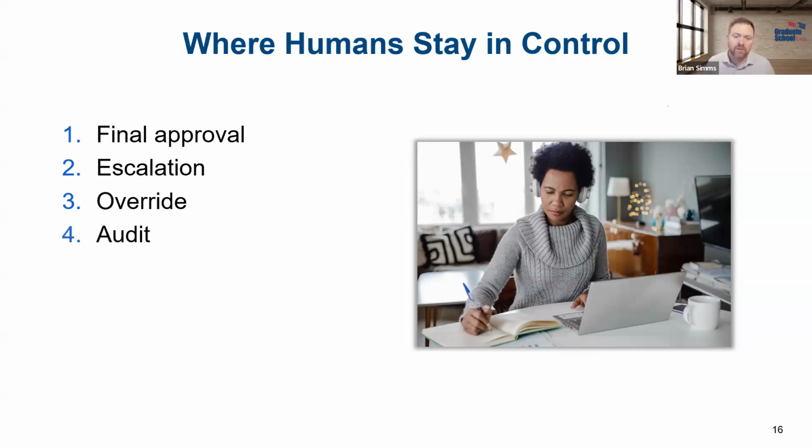And lastly, it should be auditable. So there has to be a record, right? I know there's a lot of parts of AI that you can't fully understand, black box AI and things like that, where we can't fully understand exactly how it did something, but there has to be some sort of record. What did it do? When did it do it? What input was it looking at? And any actions that it makes should be transparent enough that if I think, wait, I don't understand that, let me go back and look, let me see that person's record, oh, okay, I get it, I see why it made these decisions. And if that audit trail isn't visible and auditable, then again, your agent's not ready for deployment.